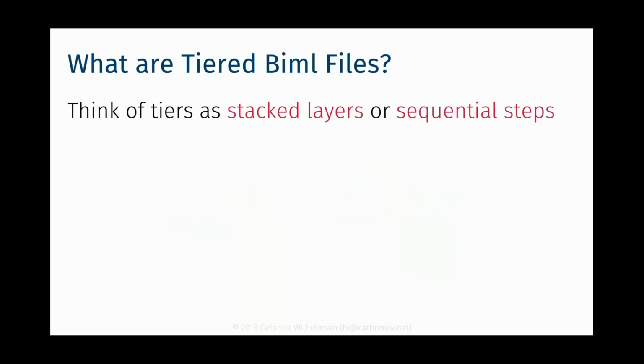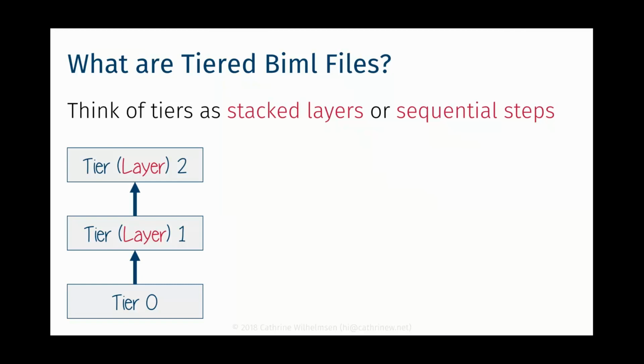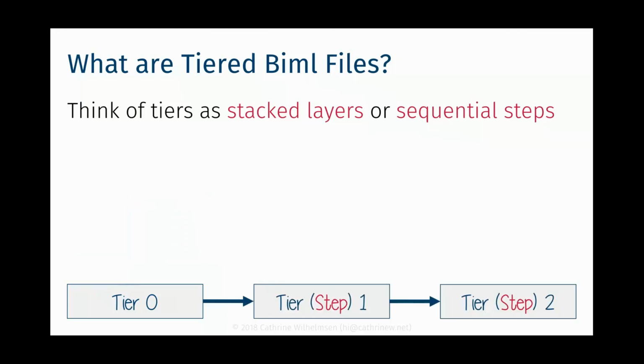So tiered Biml files, you can think of it in two different ways. The first one is kind of like stacked layers, where you start with the tier 0 at the bottom, and then you have tier 1, 2, 3, and so on. And you can give these any numbers. You can do 10, 20, 30, 100, 200, 300, and so on. That's entirely up to you, but for slide deck purposes, I'm just sticking with 0, 1, and 2. And I'm starting with 0 because that is the default lowest tier in Biml. So you can either think of tiered Biml files as layers, where you start with the lowest one and then you build on top of that,